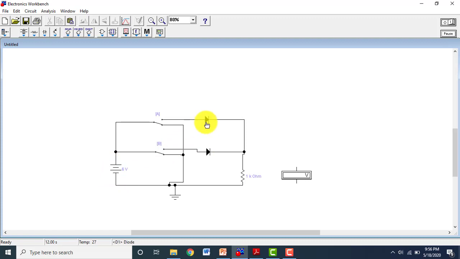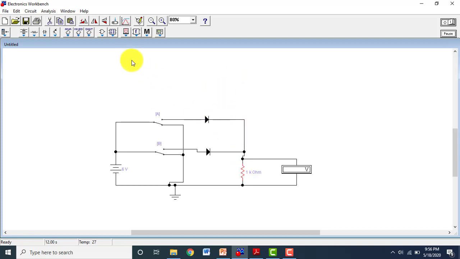So we are using two diodes, and now how do we draw our output? I will connect this voltmeter to the load resistance. The value of the load resistance is 1 kilo ohm. It can be low or high, but we can work with 1 kilo ohm. Whenever we have to measure the voltage, we connect the voltmeter in parallel to the component where we have to measure the voltage. So we have to measure the voltage on this resistance, and I have attached the voltmeter parallel to this resistance.